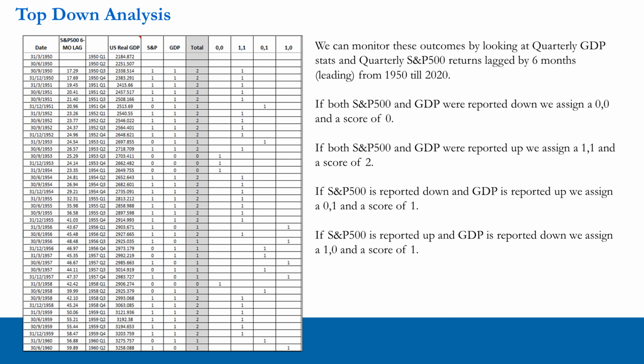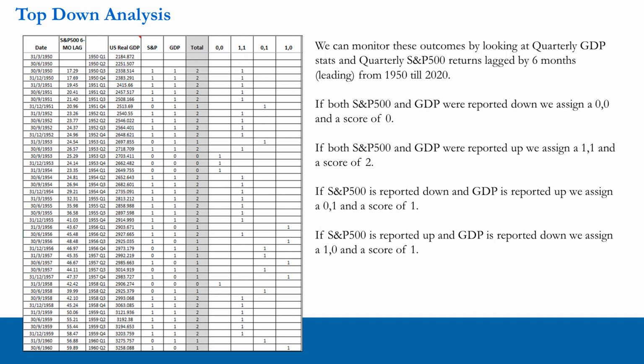And then every piece of data after that is again lagged by 6 months, whereas the GDP data is from that moment in time. It's reported GDP data for that moment in time. And we do this all the way up to the present day, and we can analyze whether the S&P 500 predicts GDP, therefore whether it is leading or not. Is it a leading indicator of GDP by 6 months? Are the two variables correlated?